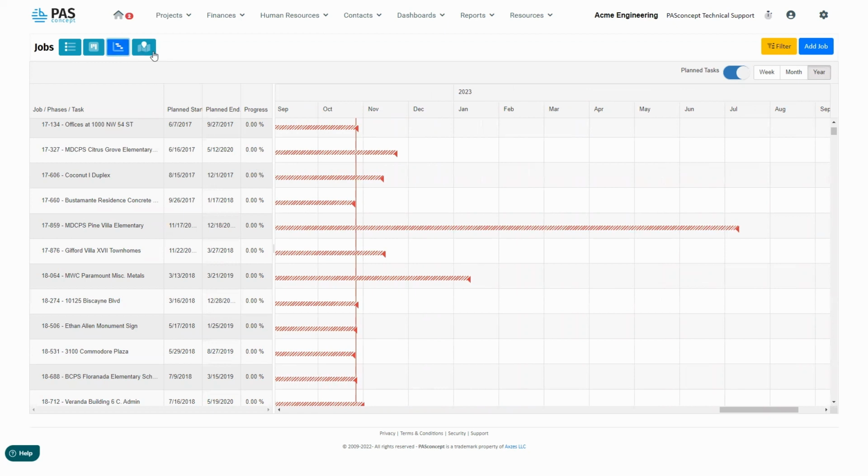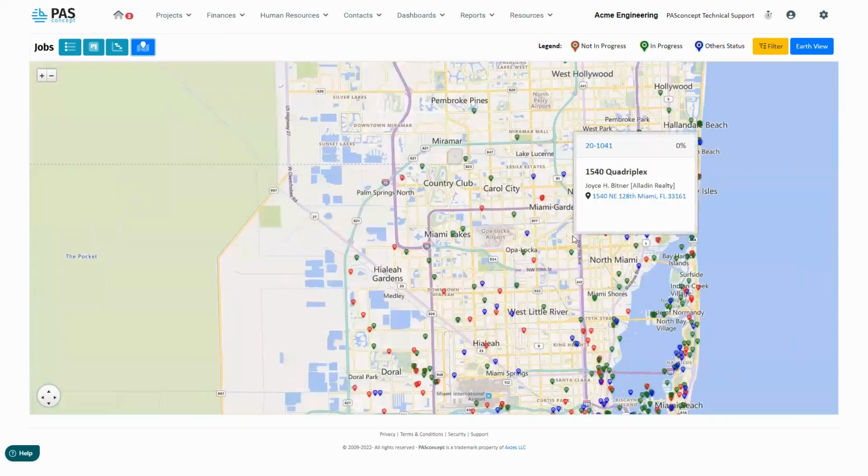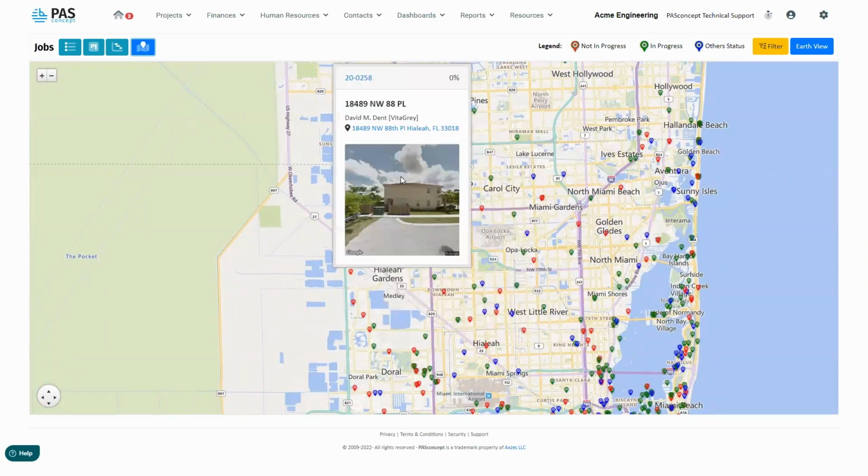The final view that we'll hop into is the map view. In this map view, you're able to see all the projects on a map, a sort of grid, if you will. Here, you can also hover over projects where you'll see the project number, the project percentage, the address associated to it, the client associated to it, the street view, as we mentioned before. And if you click here, it'll take you to Google Maps where you can get directions specifically to that project. Another really helpful tool, and this is true throughout all of your job views, by clicking on the job number, you're able to go into the job detail, which is in fact our next point of conversation.